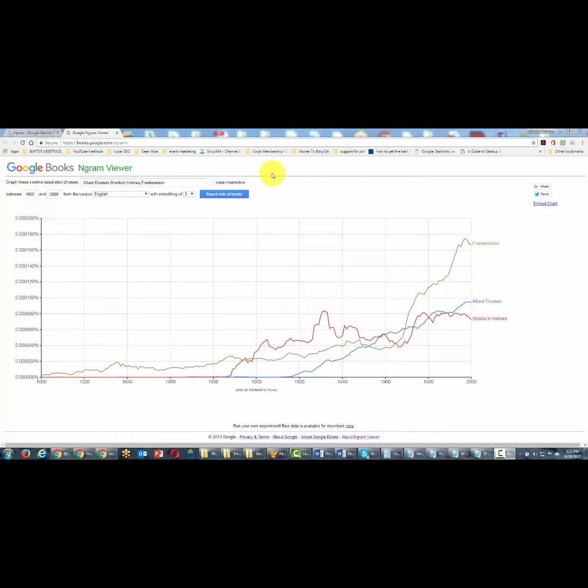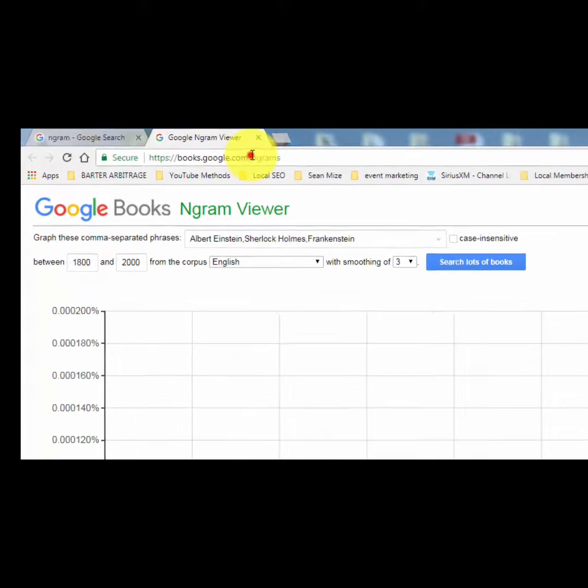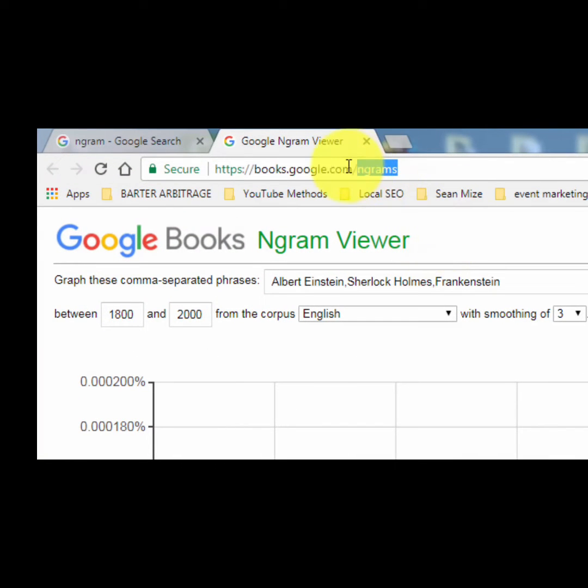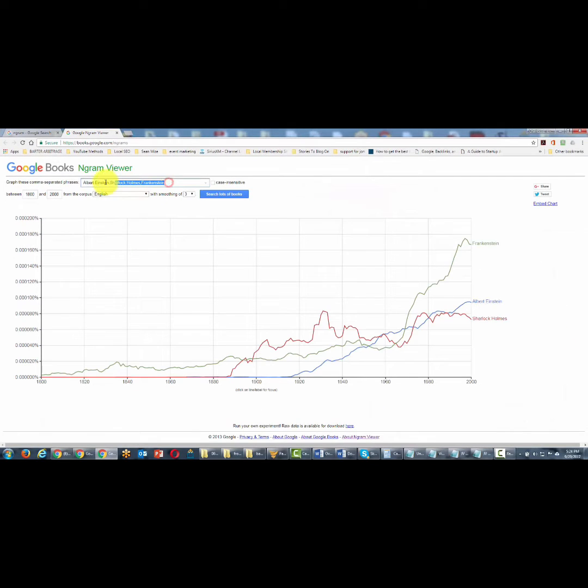Welcome back. You are now looking at Google Books Ngram Viewer. You can visit this site at books.google.com/ngrams. It's spelled a little weird. You'll have to type in the letter N, then Grams. And basically what Ngram Viewer does is it calculates the popularity of a term within books from the years